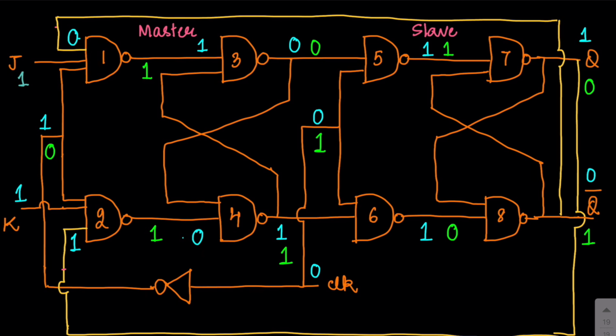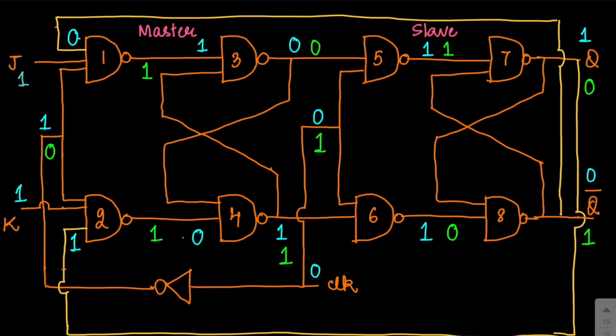The green ones are for the second part of the clock. So this is 0. So the inputs are 1 and 0. For the fourth NAND gate, because one of the inputs is 0, the output will be fixed at 1. This one will be present as an input to the third NAND gate, making its output move to 0. So what you have is that when the clock is equal to 0, the master is responding, and it is getting some output, that is Q equal to 0 and Q bar equal to 1. But the slave is not responding, and your primary output remains in the previous state. So overall the circuit is not responding.